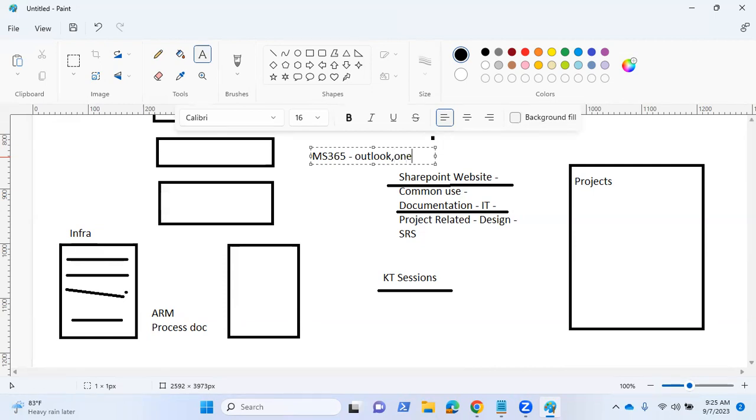Outlook is there, OneNote is there. In OneNote also they keep all these things, documentation and all. They maintain with them. So these are different websites. So Microsoft 365 is totally native to Microsoft, and these are